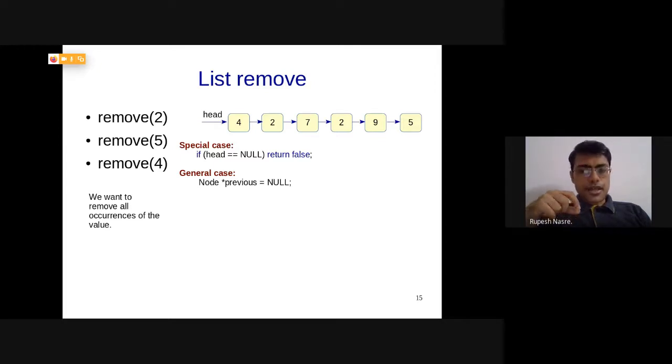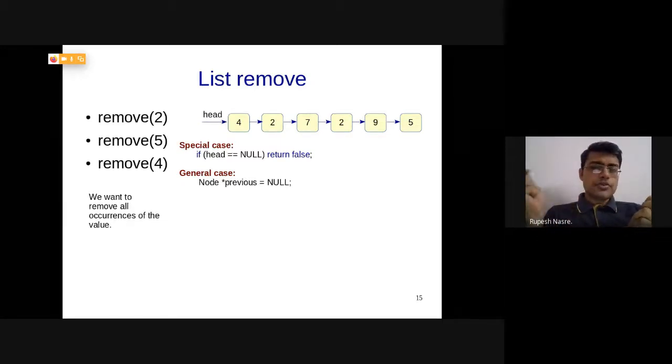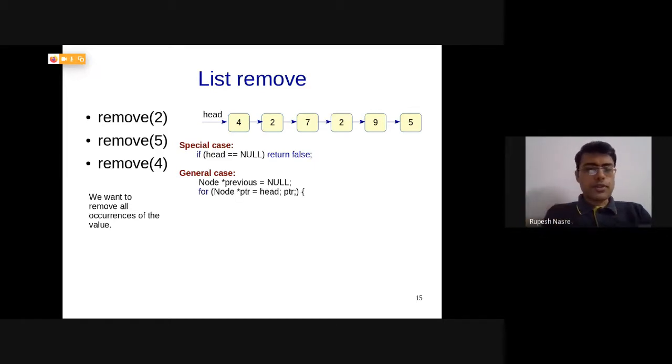Otherwise, if you do not find the current node containing the value, then we have to perform not only ptr equals ptr arrow next, but before that we have to update previous. So now J is going to come to Viru and then Viru is going to go ahead, which means that previous equals current or ptr, and ptr equals ptr arrow next, right? So that is what is going to be required.